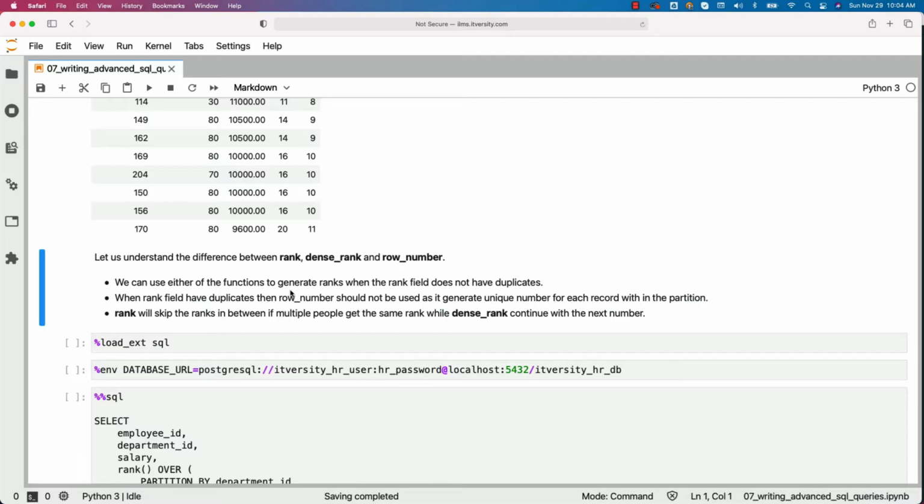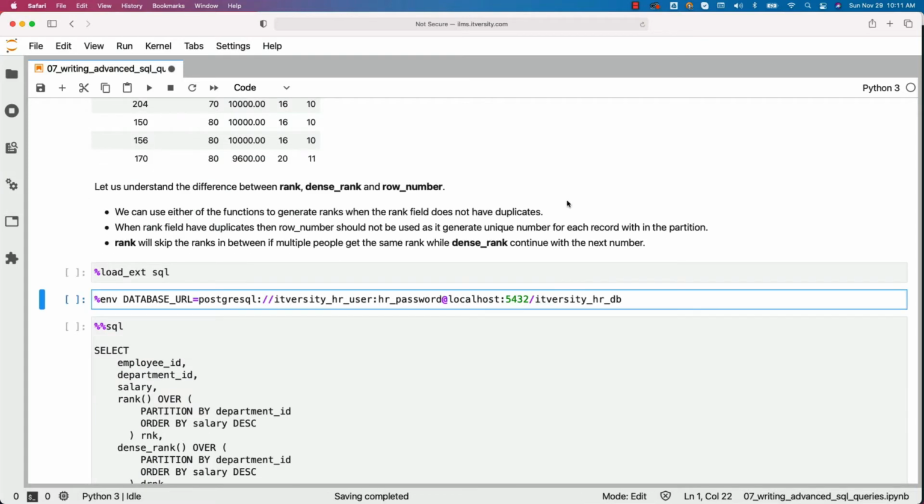Every time we run, we might see different row number for such records. Rank will skip the ranks in between if multiple people get the same rank, while dense rank continue with the next number. So that's the major difference between rank and dense rank. In most of the cases, we use dense ranks because the use cases will be get me top 10 salaried employees, which means there might be 10 top salaries, but number of employees might be more than 10.